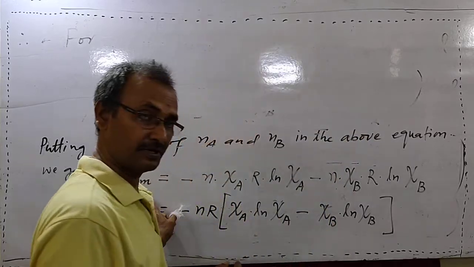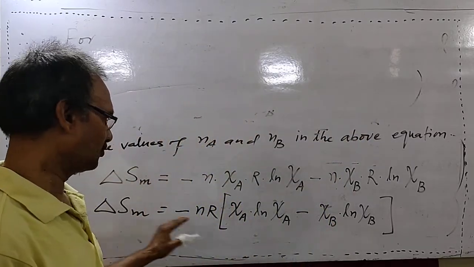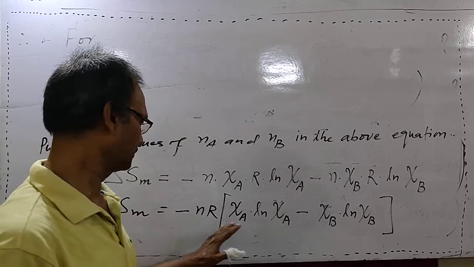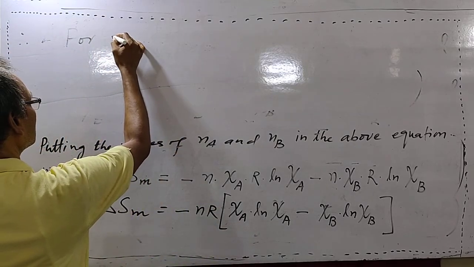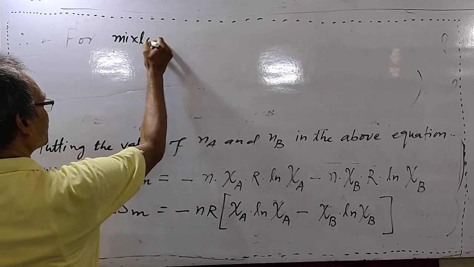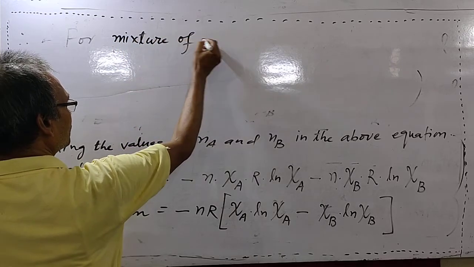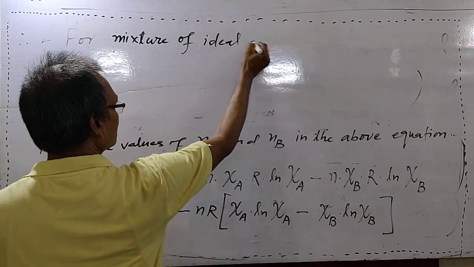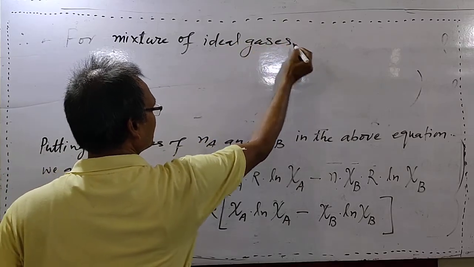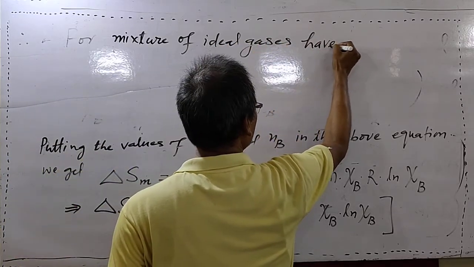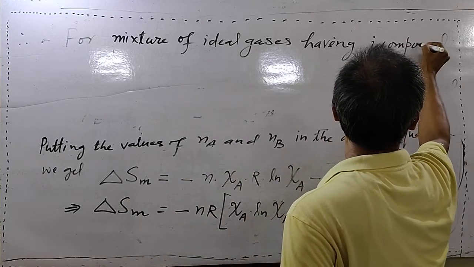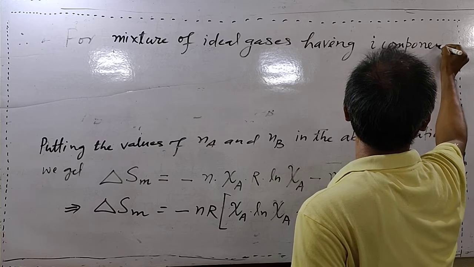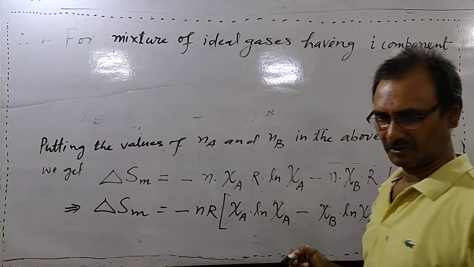This is the entropy of mixing for two gases A and B. For a mixture of ideal gases having I components, we may write